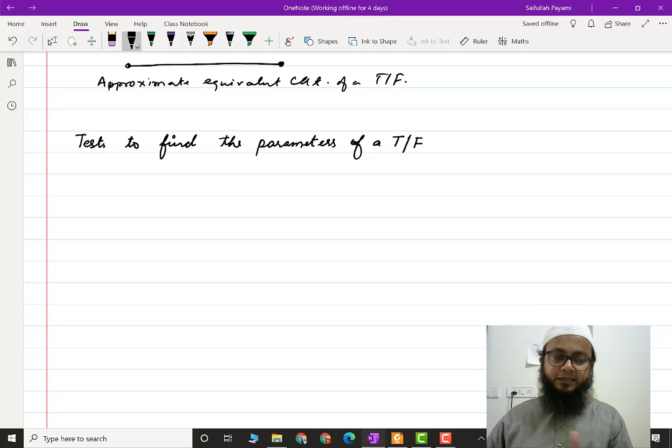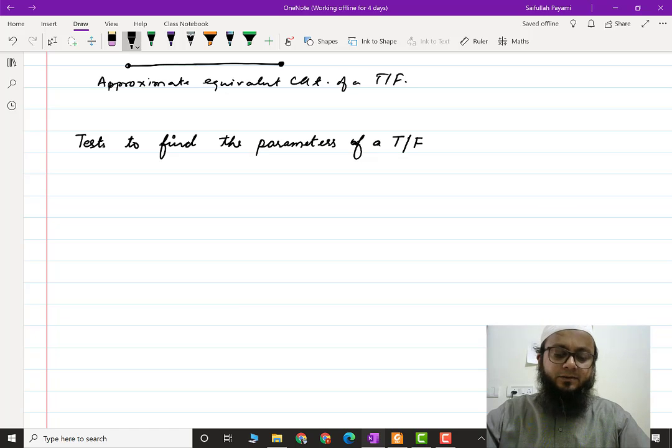Rather, before sending the transformer, if I want to talk about the efficiency, then I should be able to tell how much the copper losses would be, what the losses inside it would be. Then efficiency is output by input, so we know the input and the losses, and we can directly say this would be the efficiency of the transformer. There's a term, voltage regulation, we will discuss in the next lecture.